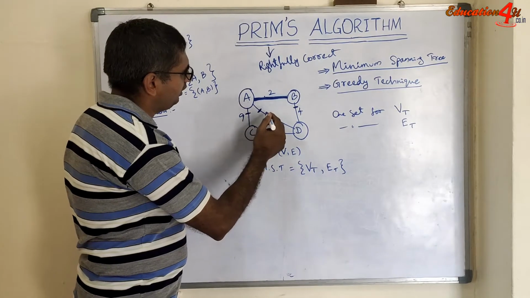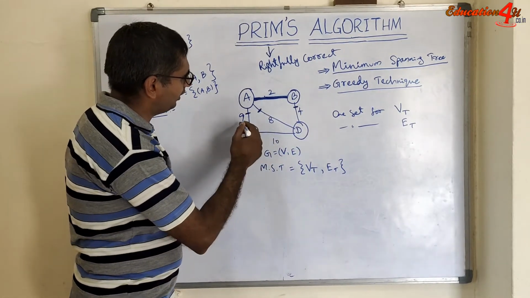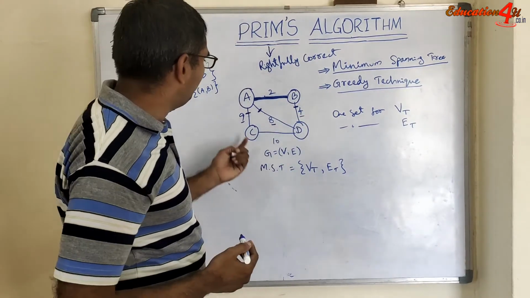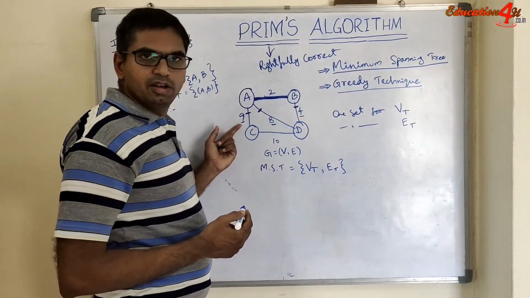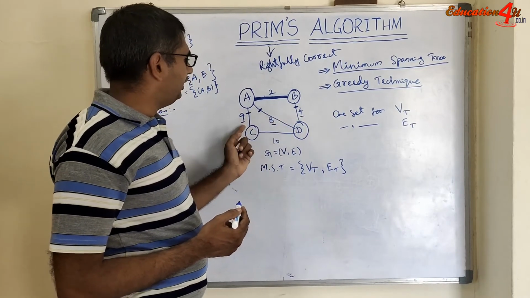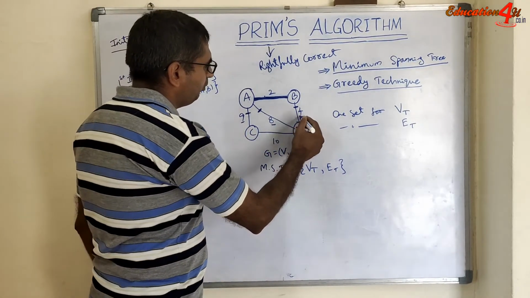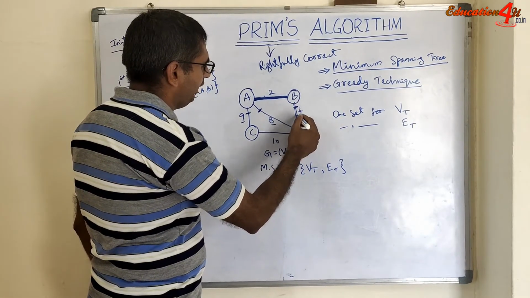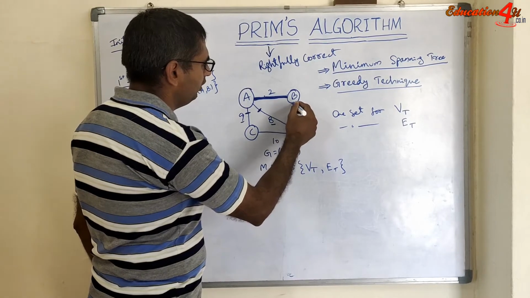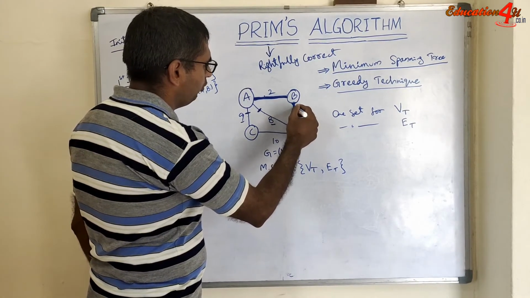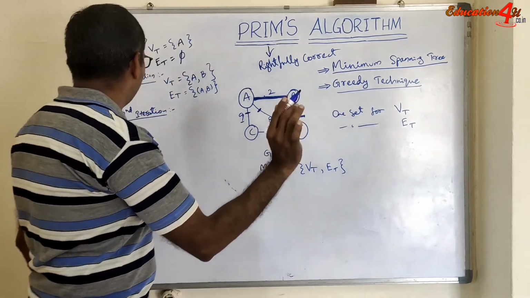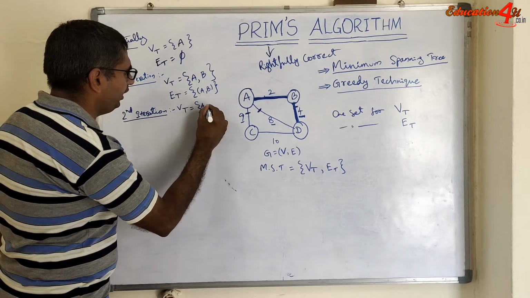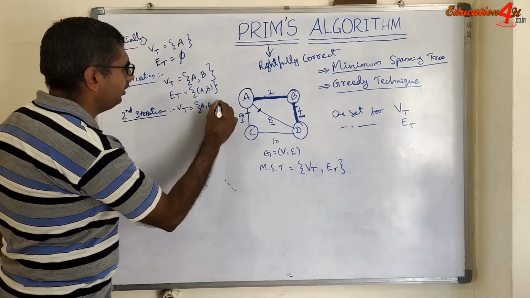So now in these 3 edges we will once again check the weights of each edge. As you can see, we have got edges of weights 4, 8 and 9. So the minimum will be this one, 4. So we will select this edge, and we have bolded this one. So we will get Vt equal to A, B and D.